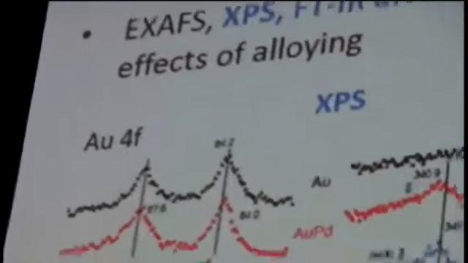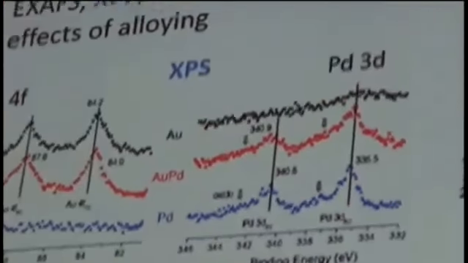So what is causing this? What is causing this improvement in catalytic performance? We did XPS, EXAFS, FTIR of the CO adsorption, and taken together these techniques provide some insight into the effects of alloying. Of course, it is a very difficult question to answer, and it's very difficult to disentangle the different contributions to the effects of alloying. But what we can say is, at least, that for gold palladium,